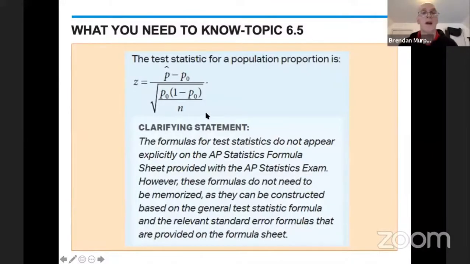And so I'm going to talk today about hypothesis tests for both one sample and two samples with proportions. So the test statistic for a population proportion is z equals p hat minus p sub naught, all over the square root of p sub naught times 1 minus p sub naught over n. So that's the formula that we're going to use for one sample. And I took this right off what we call the CED, the course and exam description, probably more for teachers than you guys, but